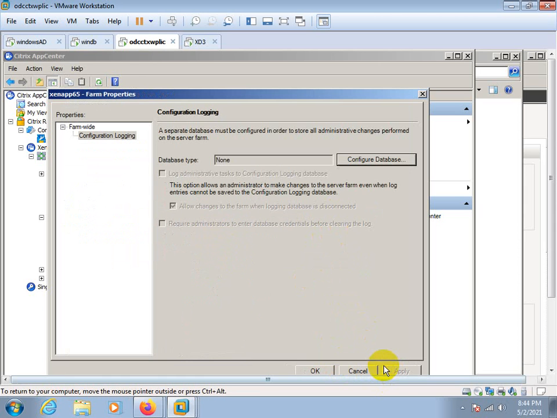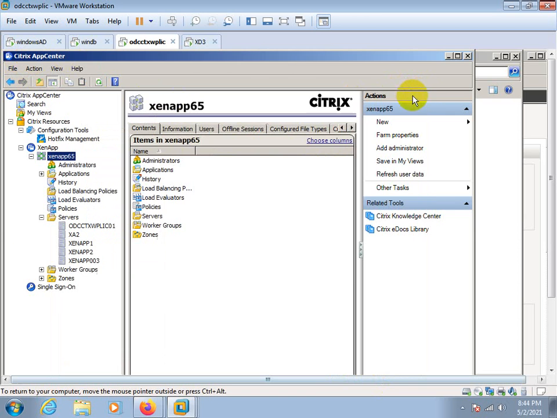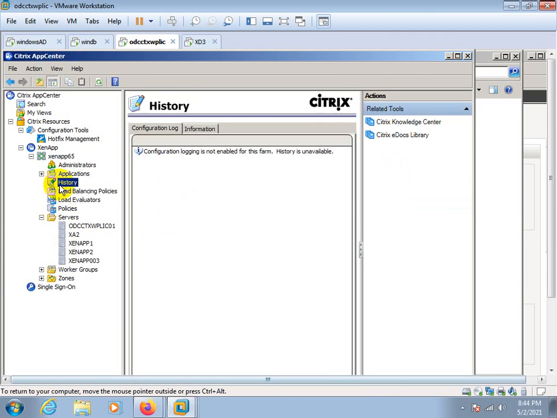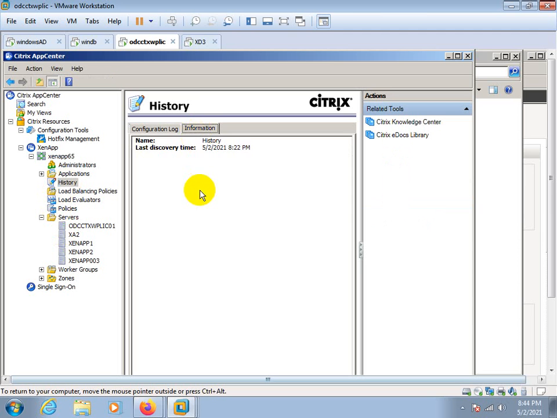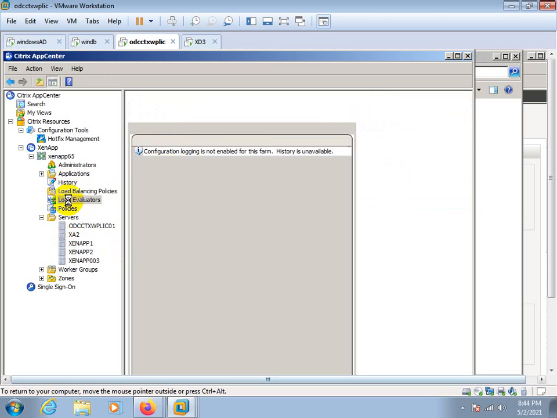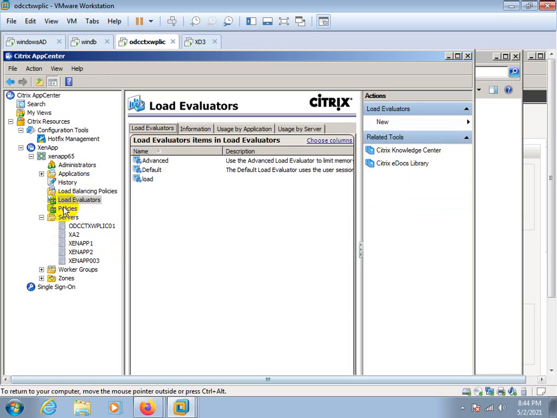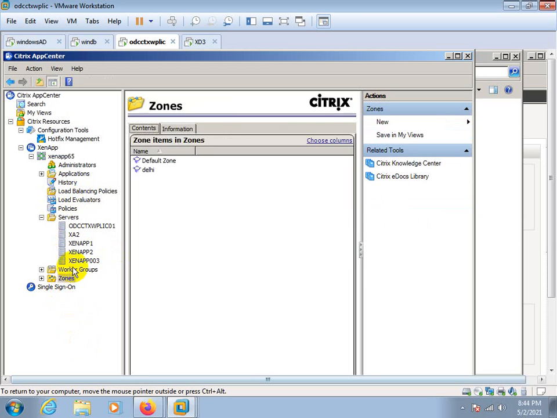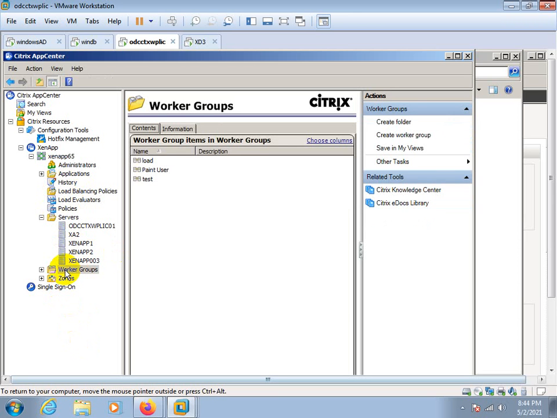Okay, no issue. I will check it. Into the config service, and once it's configured, you can see all the logs here. All the activities done by the administrator. But load evaluator policies. Okay.